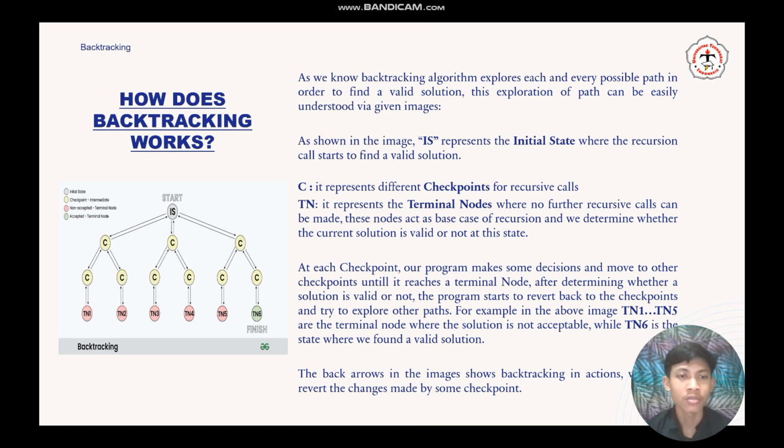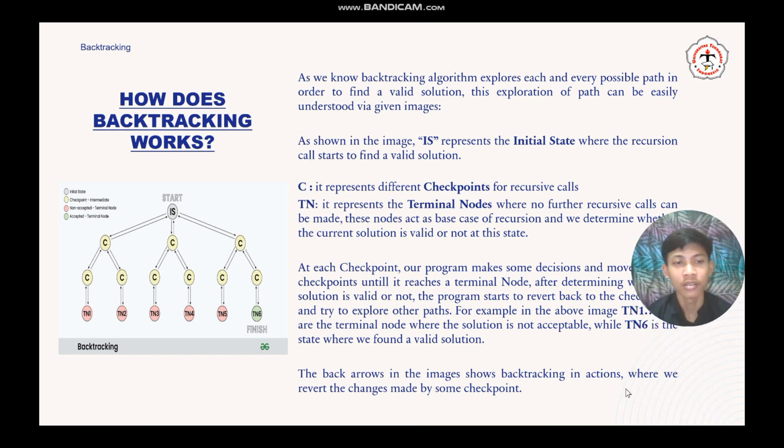The program then starts to revert back to the checkpoint and tries to explore other paths. For example, in the above image, TN1 and TN5 are the terminal nodes where the solution is not achievable, while TN6 is the state where a valid solution is found. The back arrow in the image shows the backtracking action, where we revert the change made by some checkpoint.